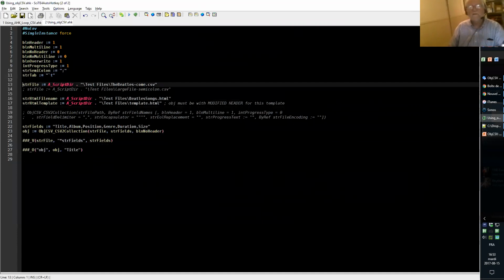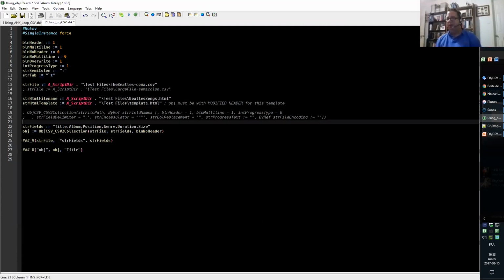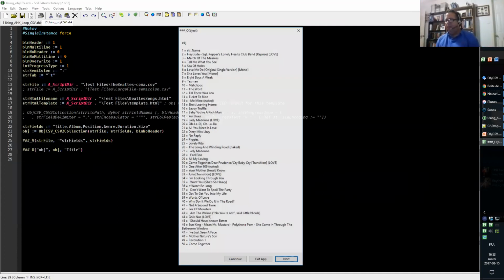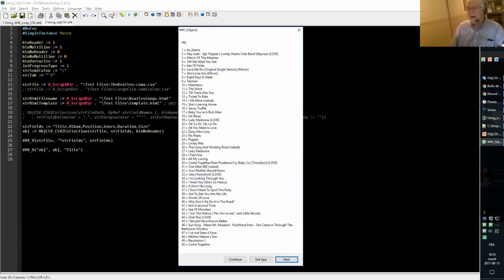Now the name of the file is wrong. It's comma. There we go. So we have now our 50 lines.